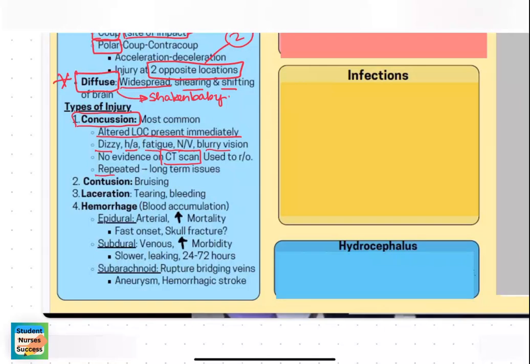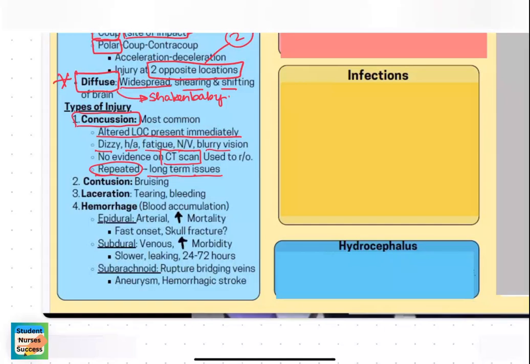We do worry about repeated concussions. We know that when repeated concussions occur, damage can continue to happen in patients, especially if you have a concussion and you're still healing from that. A repeated head injury on top of that can really damage that brain that is really trying to recover from that concussion. So after a concussion, we usually want people to be completely free of symptoms for a period of time before they resume any activities that could lead to another concussion.